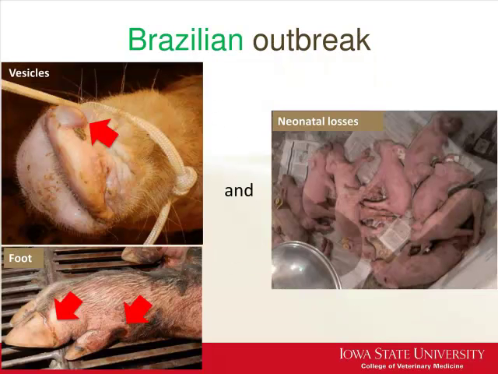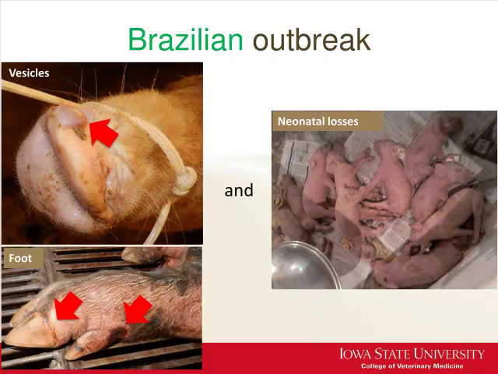So we start here with a slide to represent what we saw in Brazil. We are really talking about two different syndromes. One being the vesicular disease itself, with a lot of foot lesions, coronary band lesions, foot pad lesions, and also vesicular lesions, especially in the snout, as you can see in the pictures here. The vesicular disease was going on mostly in finishing pigs, but also in some sow farms. And in sow farms,